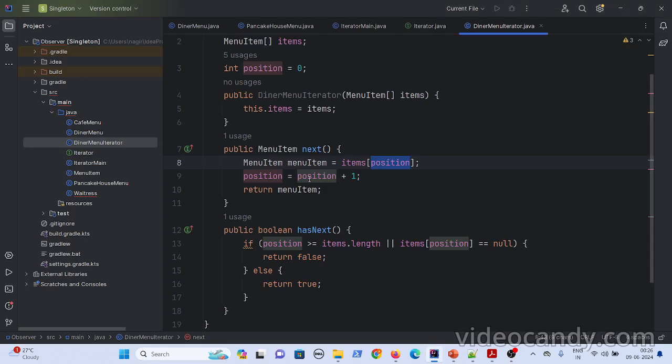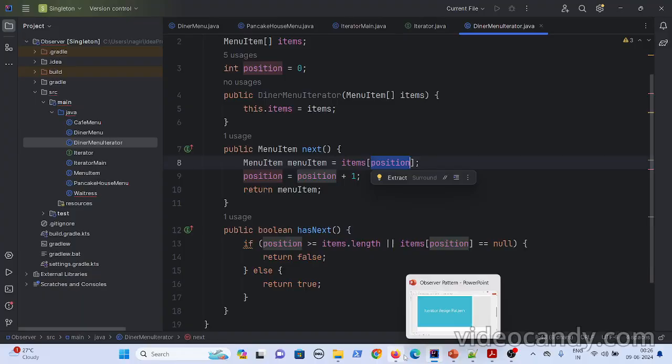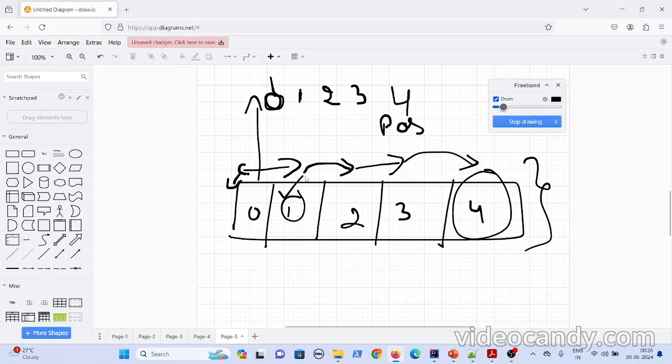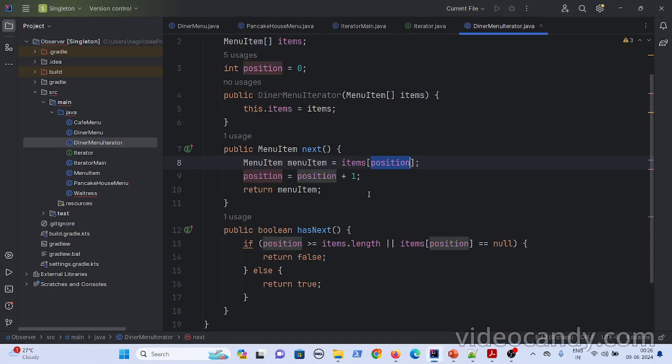There are two methods, right? hasNext and next. Whenever you ask for next, it will give the element that is present at this particular cursor. Initially your cursor is at the 0th position. So if you see here, your position is 0. Now first you should check whether the element is present or not. Then only you should fetch the element. If the element is not present, then you should not invoke the next method. It will throw an error.